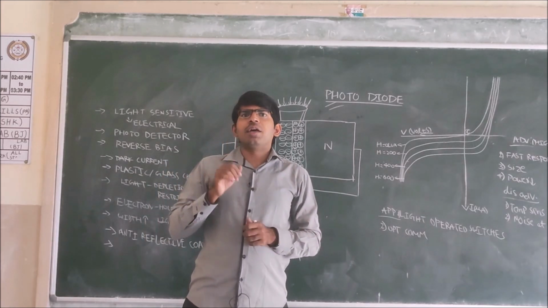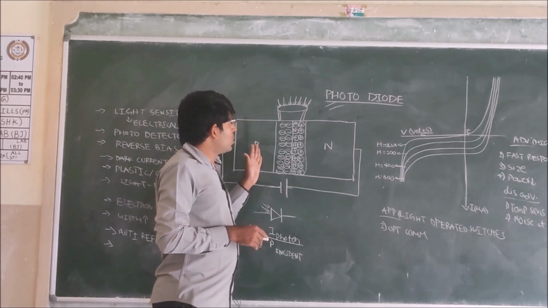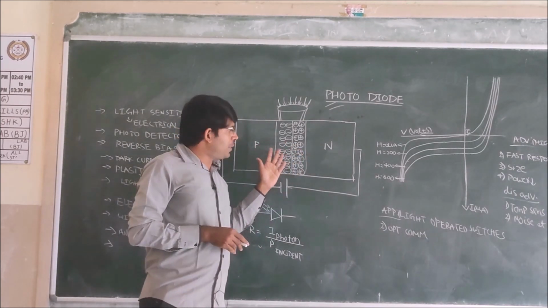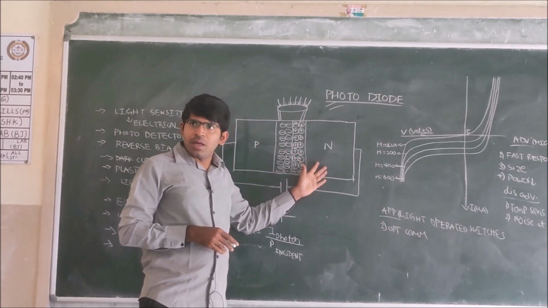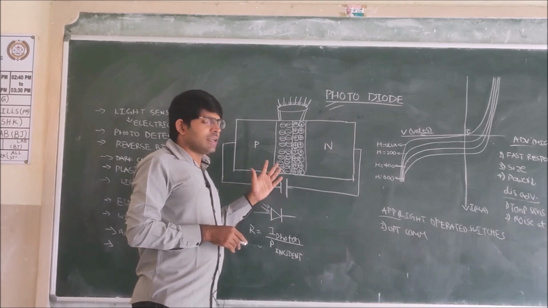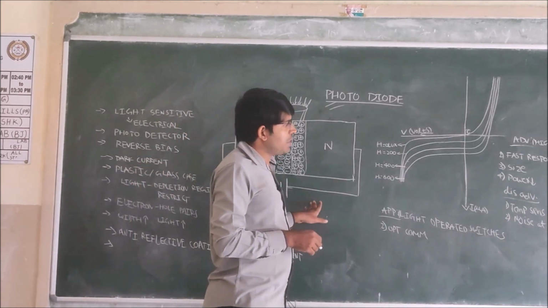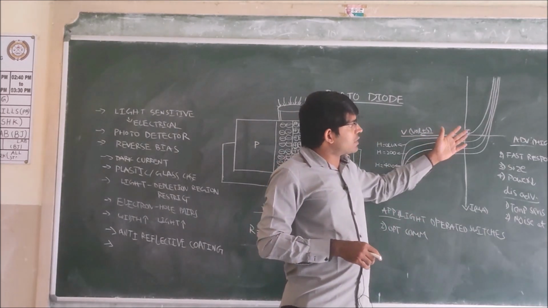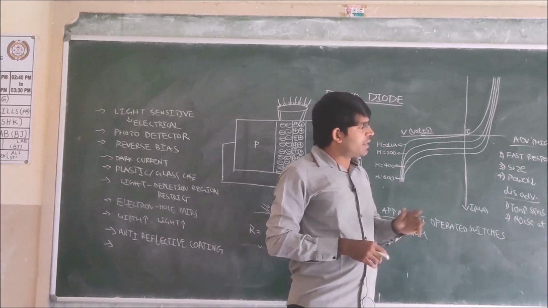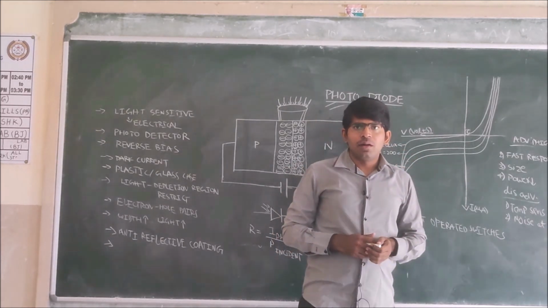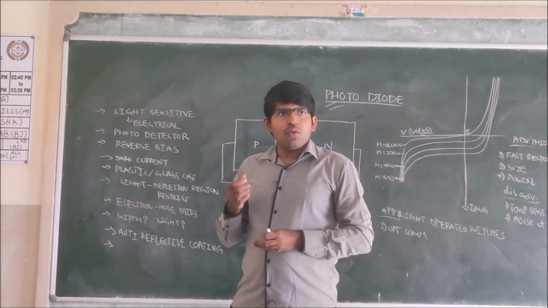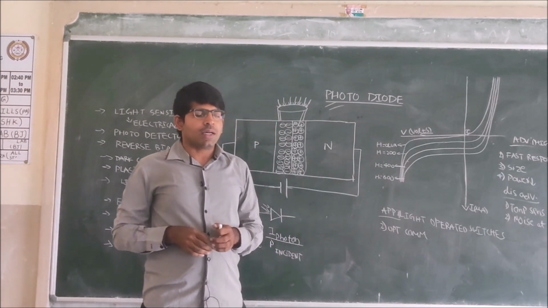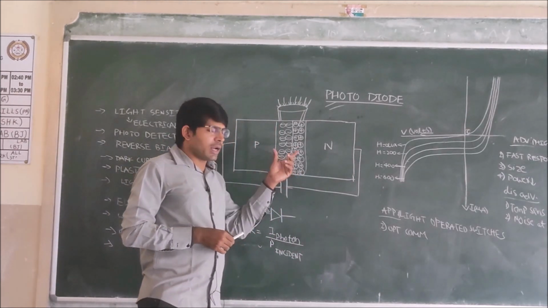It is a semiconductor diode. In this semiconductor diode, we have a P-type semiconductor and an N-type semiconductor. A PN junction is formed and we are connecting it in reverse bias. This does not mean it will not operate in the forward bias. The forward characteristics are like this and the reverse characteristics are like this. For this operation, we expect the photodiode to be operated in reverse bias. What is the reason why we have to connect it in reverse bias?